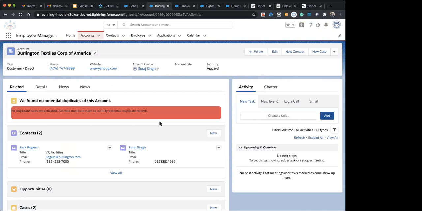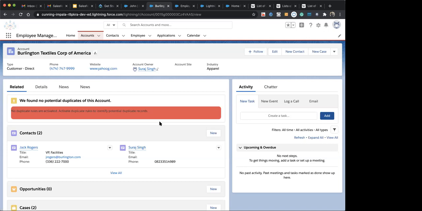Suppose we have different types of users. Basically, record types are designed for different types of users.